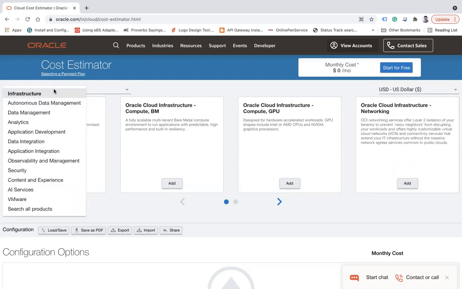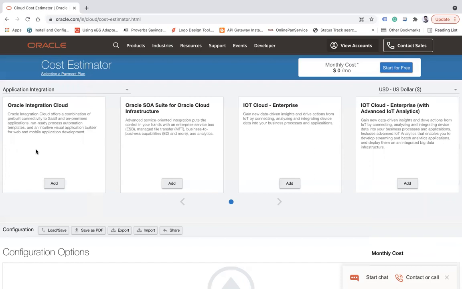And here you can see all the different services, the categories of the services like infrastructure, autonomous data management, analytics, application development, data integration, application integration, observability and management. Once you click any one of the categories, you will see other services related to this category. Here we have application integration as well.